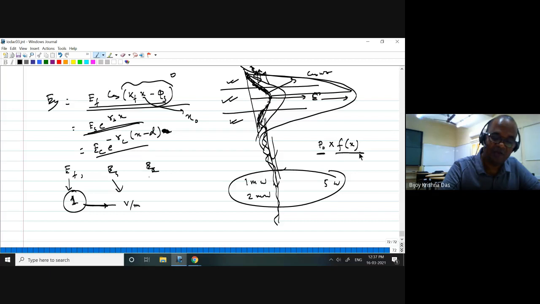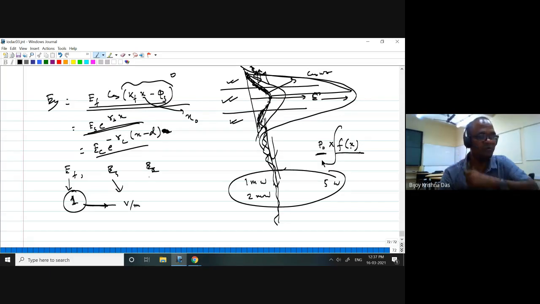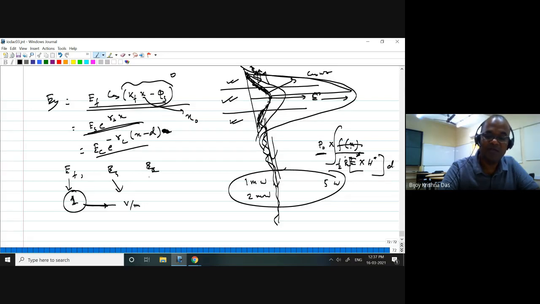Is this Fx? Is that correct? Should it be only the distribution, or are we considering power? So is this the distribution of only the electric field at a particular point, or do you need to integrate? You need to integrate, right? And whenever you are integrating, you cannot integrate only the electric field. What you have to do is integrate E cross H star, E cross H star, and according to that, half real part of this, and dx dy.